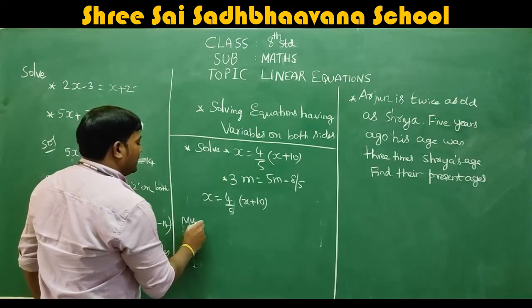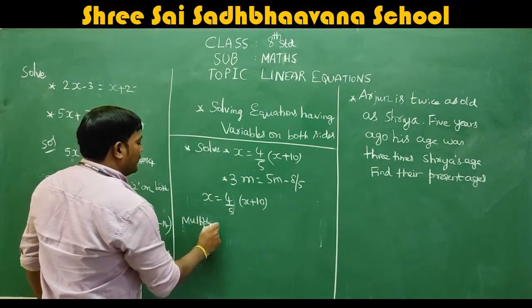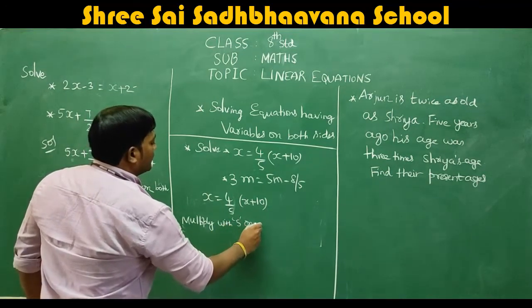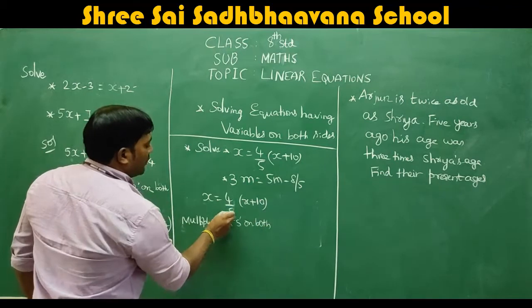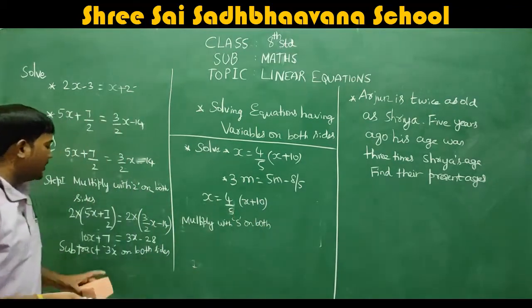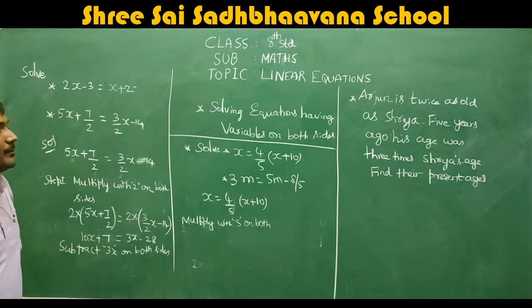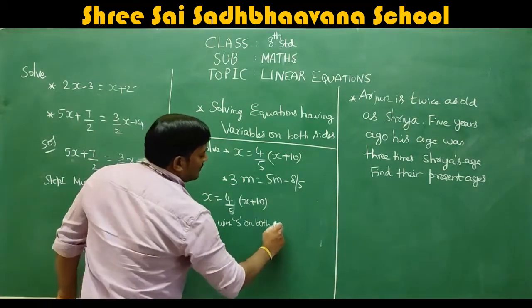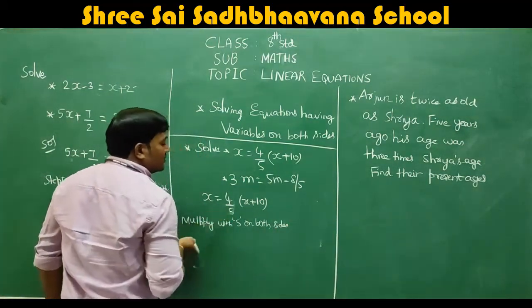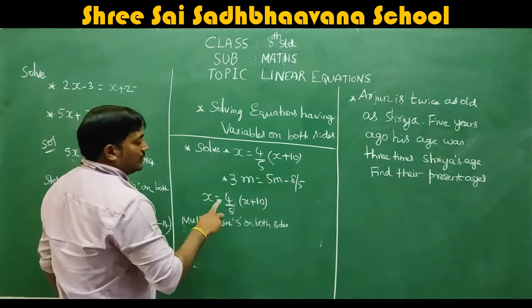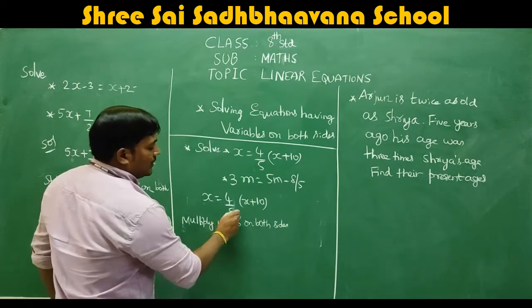So multiply with 5 on both the sides. Remember it here. If you have 5 here, multiply 5. See, in the last case also we multiplied with 2 on both the sides. So that's the reason I multiplied it by 2. Whatever is the denominator, this we discussed in the last rules when we were discussing this kind of sums in the linear equation.